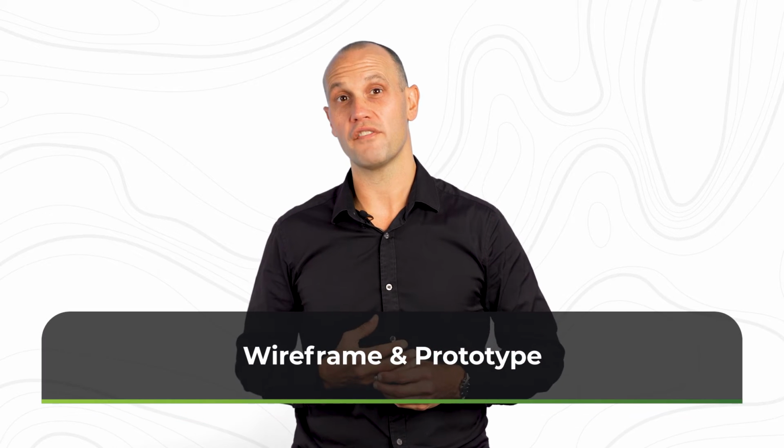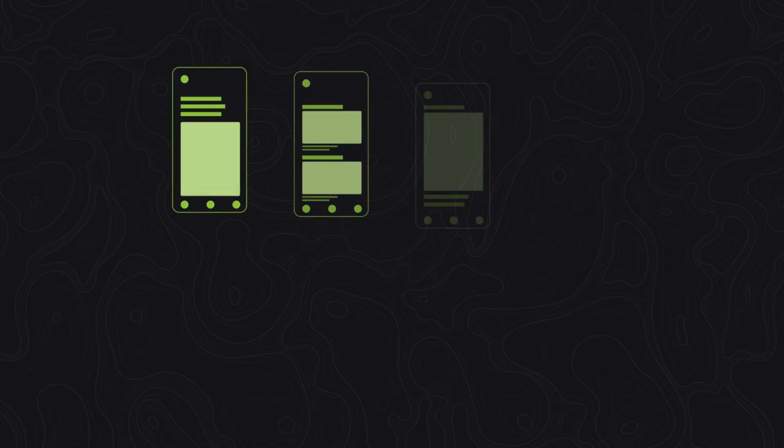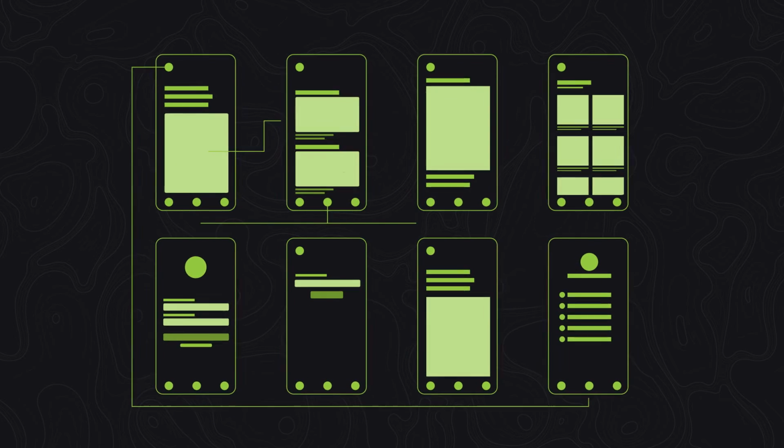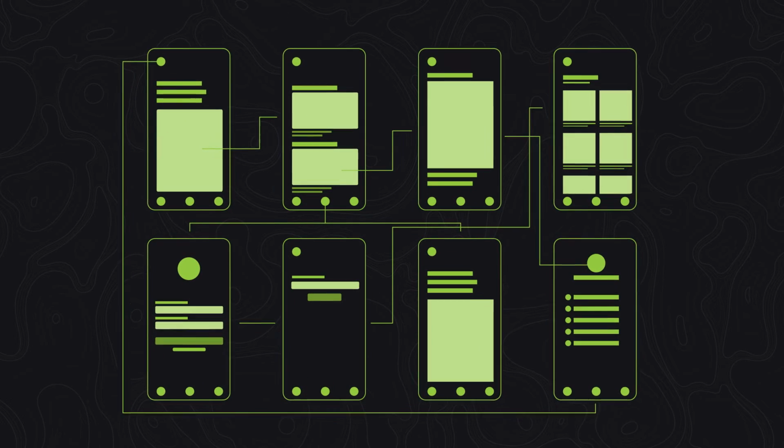Number 3, wireframe and prototype. A wireframe and prototype are developed to allow the project stakeholders to see an early vision or indication of the product's functionalities and flows. This is where clients start to get excited as they can see their vision coming to life. The goal is to help visualize the journey through the product and validate the idea. It is important at this stage to road test these with a select group of the target audience to make sure the assumptions and ideas are all validated. No one is better to tell us we are right or wrong than the people who will be using it.